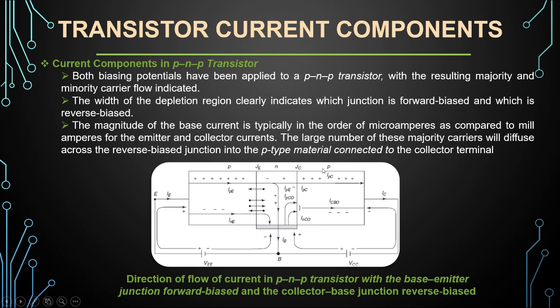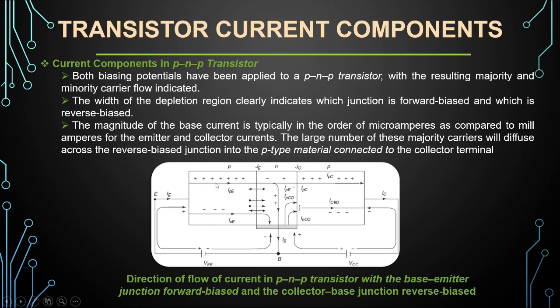Another example here: again the same PNP transistor. We should remember NPN and PNP. If in the examination he asks to explain PNP, you just have to rotate the batteries. How will you keep the batteries? You have to make it forward bias. How to make forward bias? P should be connected with positive, N should be connected with negative, and the output side you have to make reverse bias. How will we do it? P should be connected with negative and N should be connected with positive. Now when both the batteries are connected, there will be several currents associated.